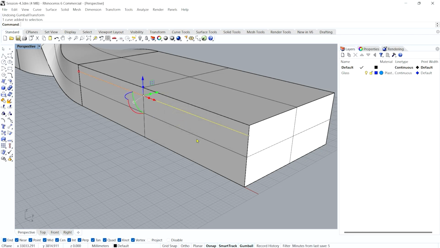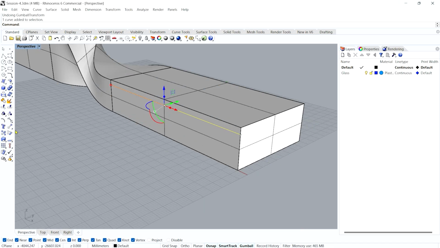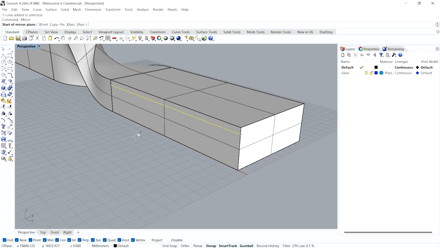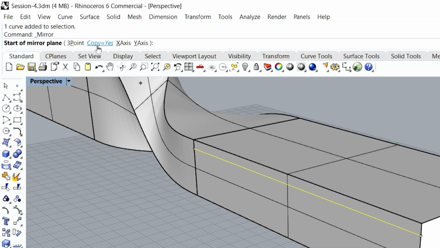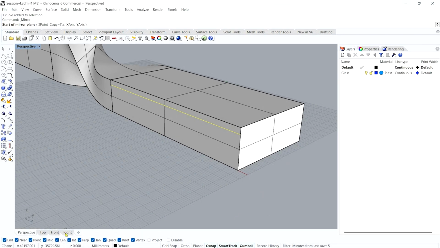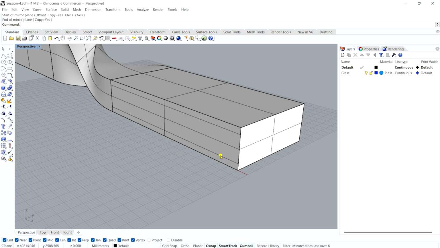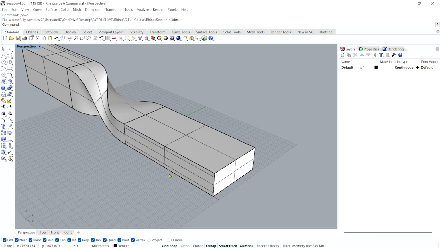Let's see. I will select this curve and then I will use mirror command. We have discussed this command in the previous video also. Now you can see it is showing a plus sign. That means my copy to the mirror is yes. I want a copy of this. Now I will go to right hand side view, and you can see our line is selected here. I will use the midpoint and I will give this axis on which I want the line to be mirrored, and I will click. So you can see now my line is mirrored at the bottom as well. Now these